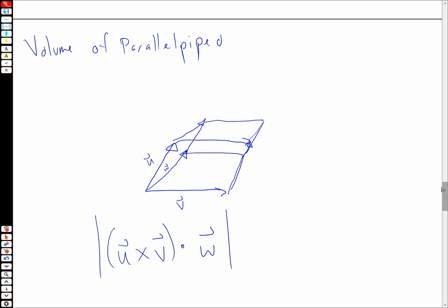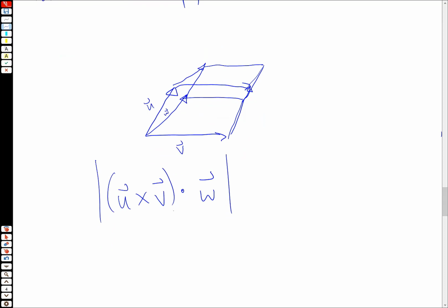But that's also another fascinating result of the cross product. And this is actually a nice way of combining the cross product and the dot product. I think it's called the scalar triple product. In any case, if we do this product here, we actually get a nice geometrical result that it's the volume of this